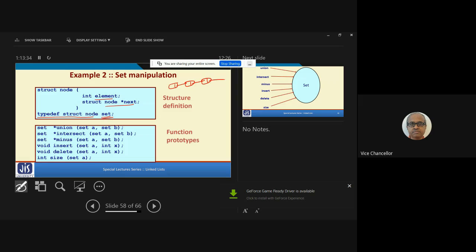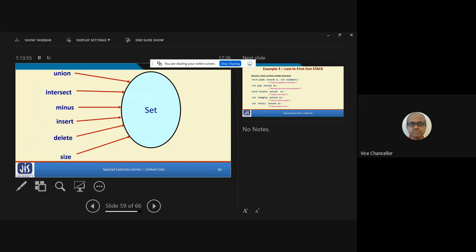Here again, some function prototypes are available, like union of two sets, intersection of two sets, set difference, inserting an element in a set, deleting one element from a set, and size of a set. So this also is an example of an abstract data type, where you need not know the set implementation in detail, but you can use these functions.